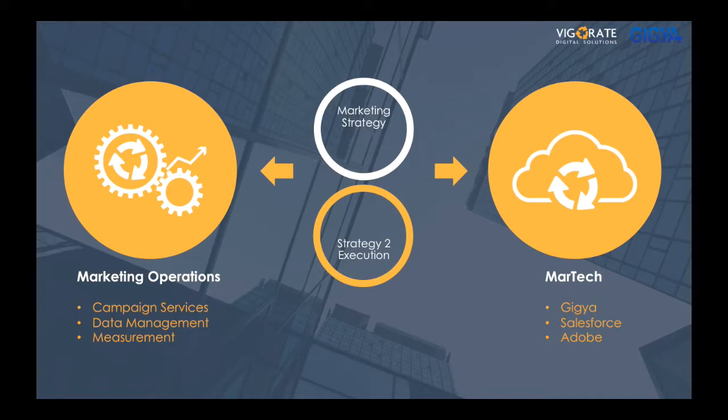If your strategy to execution is done poorly, you'll likely end up with 2 separate silos as your marketing tech stack won't have been chosen based on your marketing objectives. If you believe in the value of first-party data and you've invested in the right MarTech, you need to make sure you have a plan to take the marketing strategy and make it real in an operational sense, to be able to measure it and then improve on it.